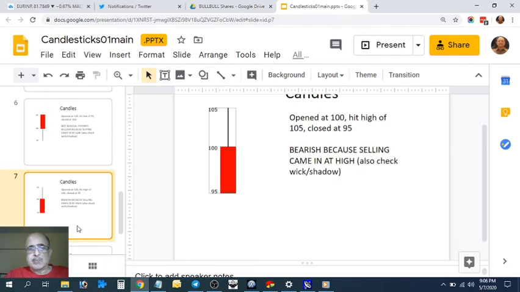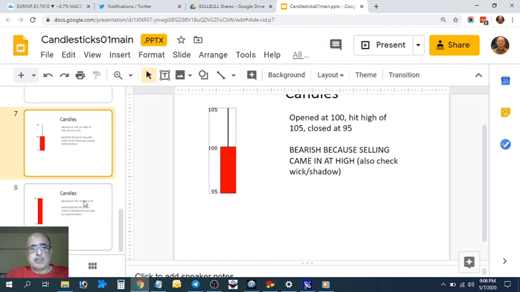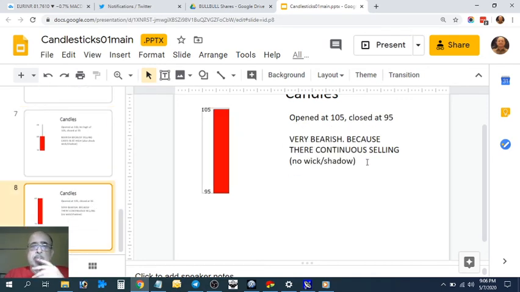So that's one candle. Now, another variety of candle is where the wick is on top. It opened at 100, hit a high of 105, saw selling and closed at 95. This is a bearish candle. There is a lot of supply at 105, so it's closing lower. Now, one more candle I'll show you. This is just like the green marubozu. This is the red marubozu. I don't know what they call it. This is very bearish. Opened 105, closed 95. Non-stop selling.